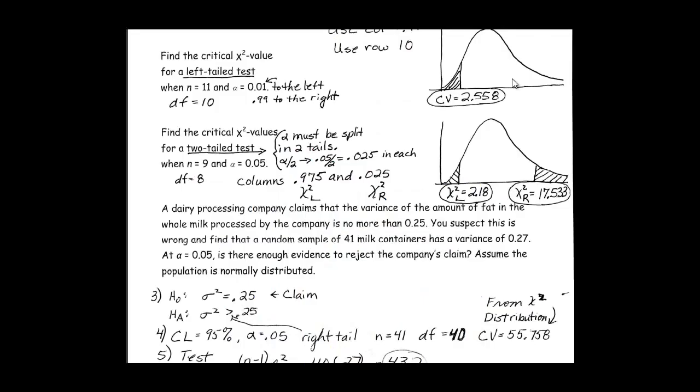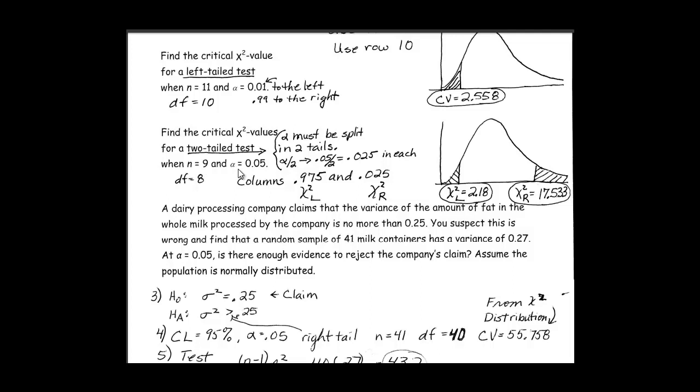So going back here, I drew what the picture might look like, and then shaded in where our rejection zone would be based on that critical value of 2.558, which was associated with this data here. Okay, on our next one, we're finding the critical chi-squared values for a two-tailed test